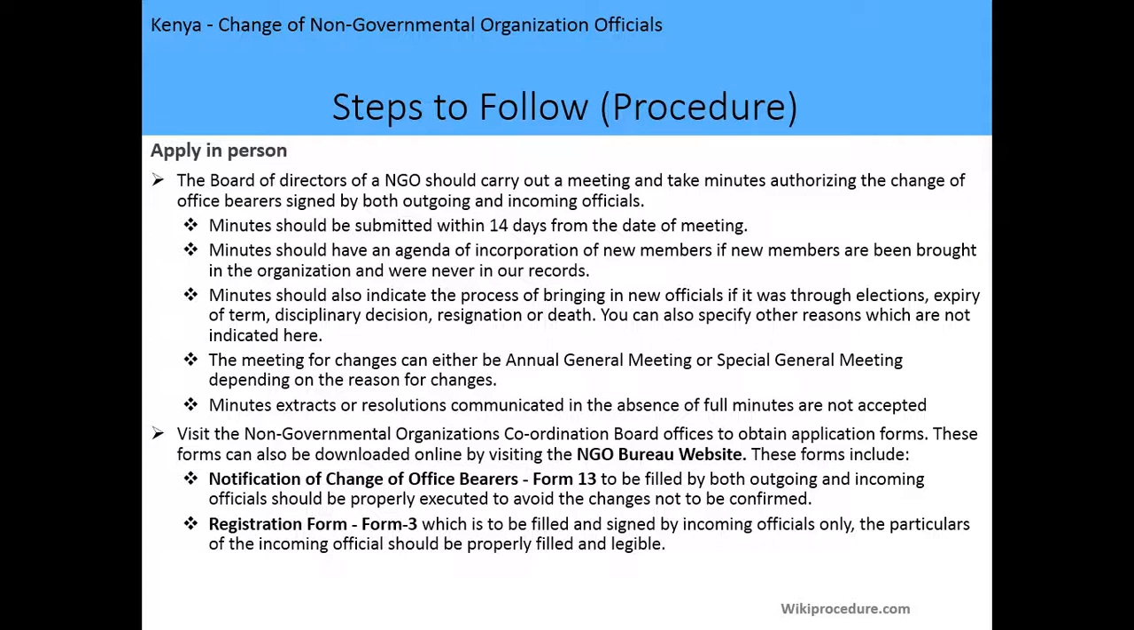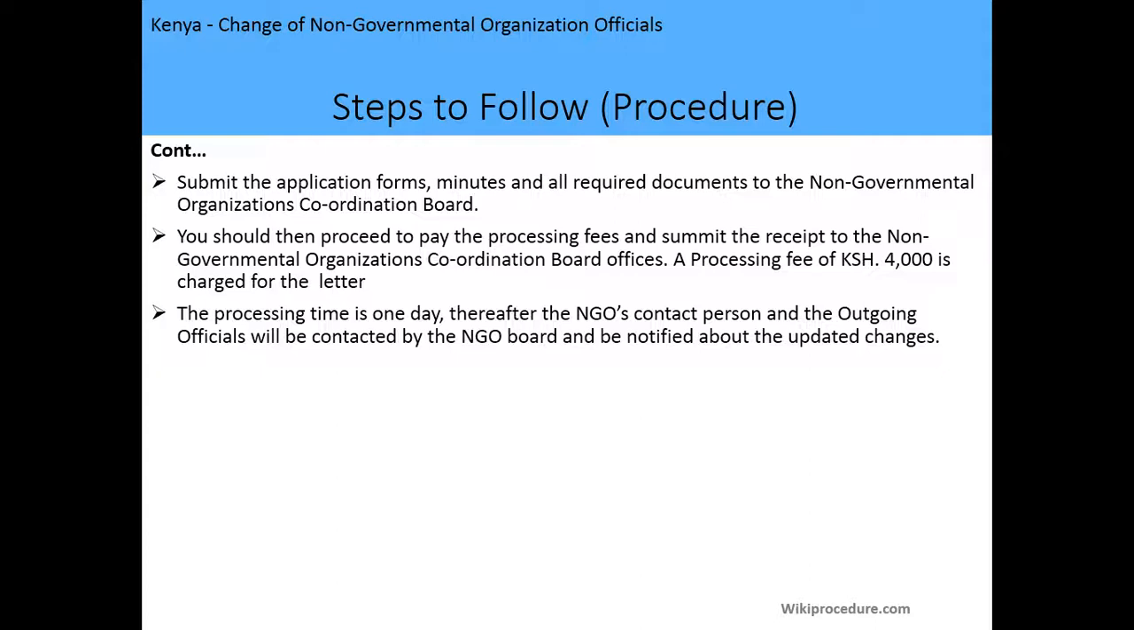Now, the reason why we are using form number 3 is so we can capture the full particulars, that's the academic and the work experience of the incoming officials. After that, you're supposed to submit the application forms, minutes, and all required documents to the Non-Governmental Organizations Coordination Board offices, and you should then proceed to pay the processing fees and submit the receipt to the board's offices, and